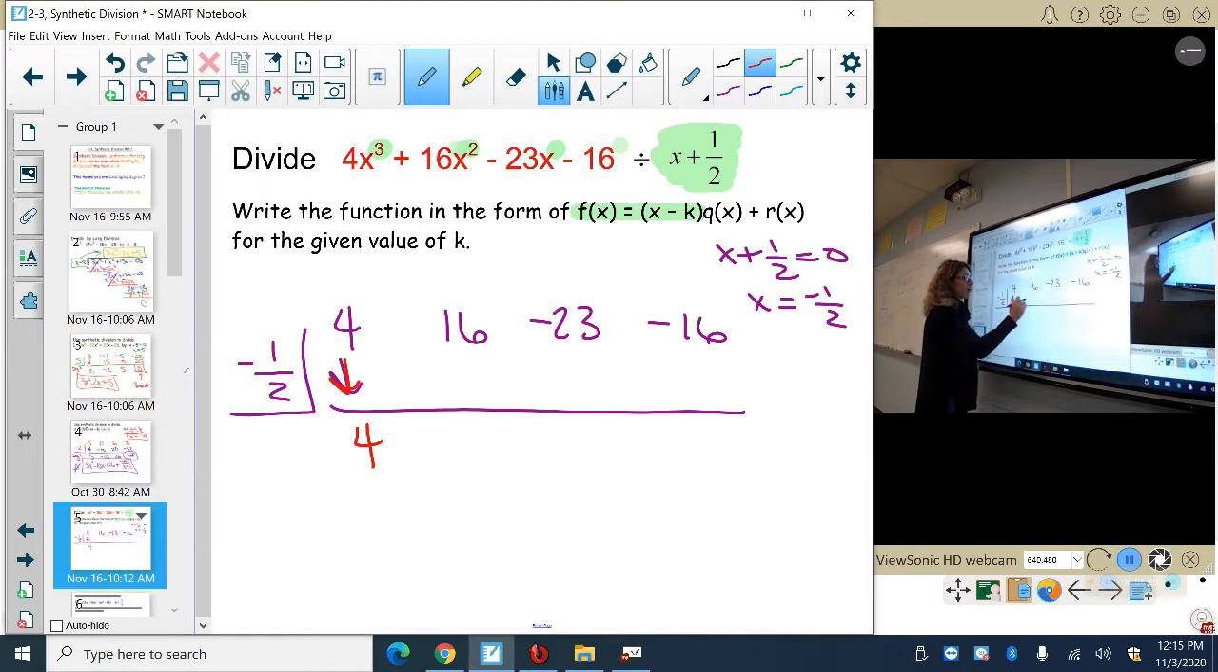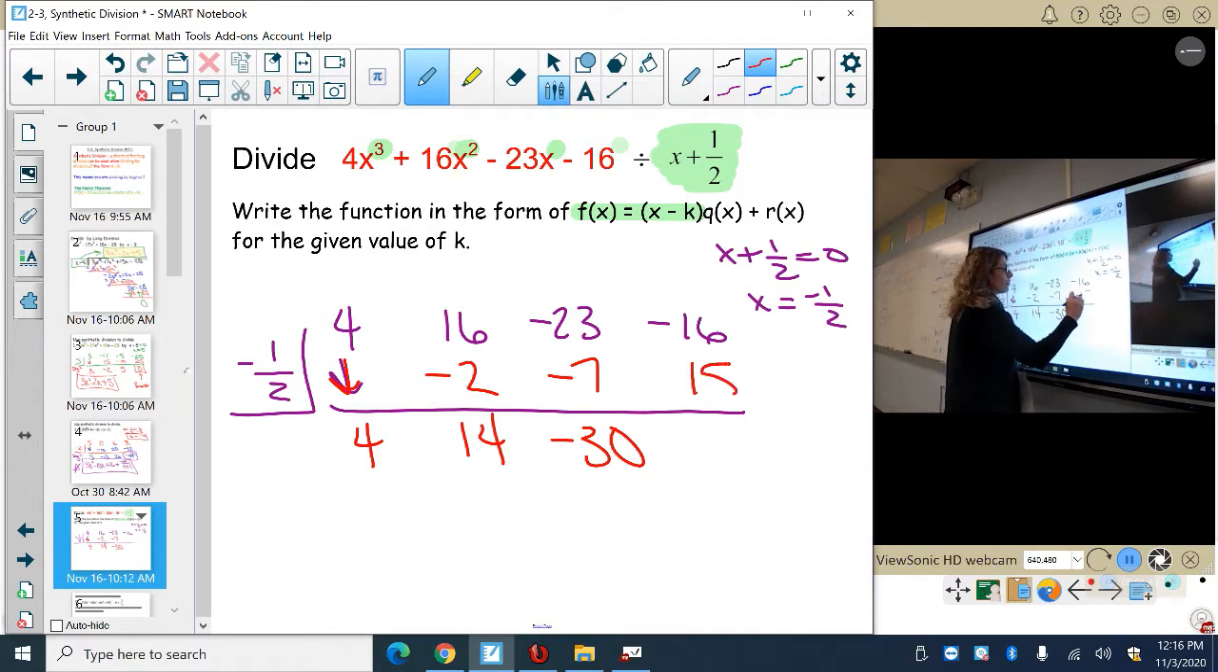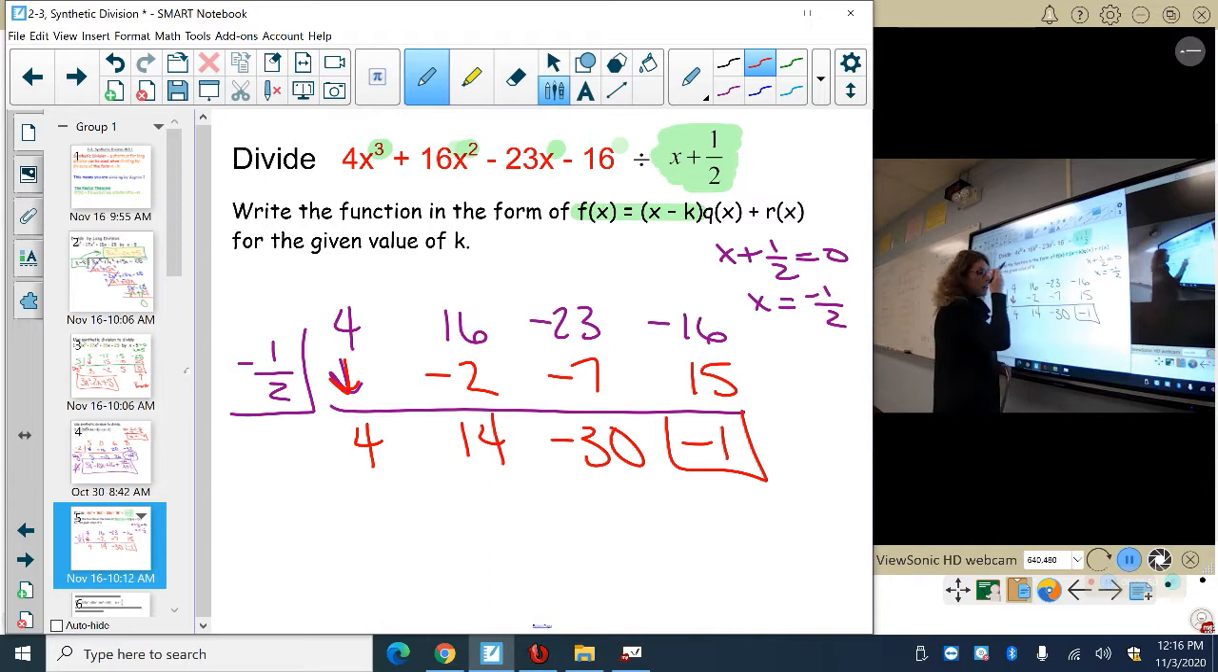Half of 4 is going to give me a negative 2. Plus 16 gives me a 14. Half of 14 is going to give me a negative 7. That gives me a negative 30. Half of negative 30 is going to be positive 15 to give me negative 1. Negative 1 is my remainder,